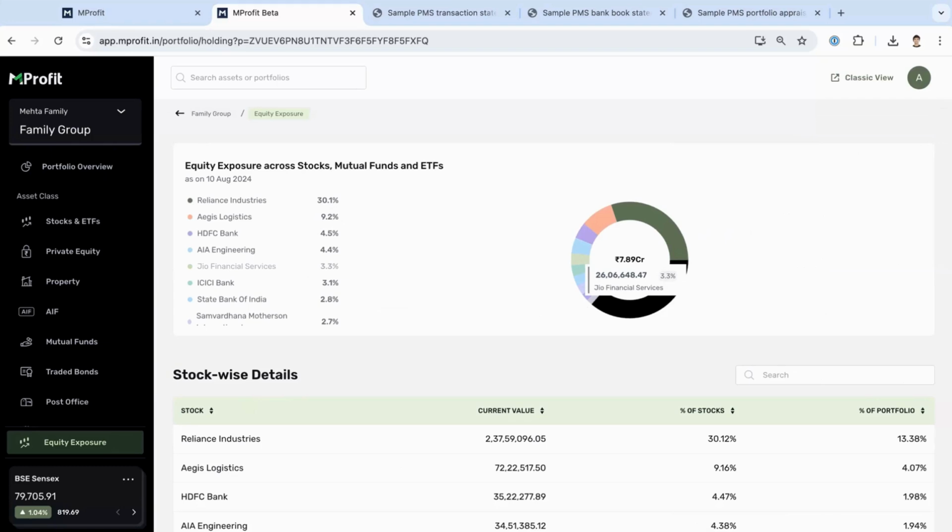You might have exposure to different stocks across a PMS which you might not even know, because you're not hands-on tracking the PMS, right? PMSs can be discretionary or non-discretionary in nature. And for DPMS, or discretionary PMS, the fund manager has complete discretion into what stocks they are investing in. So in that case, you are not necessarily hands-on. But when you are tracking those PMSs in MProfit, you can actually get a view into what your allocation to that particular stock is